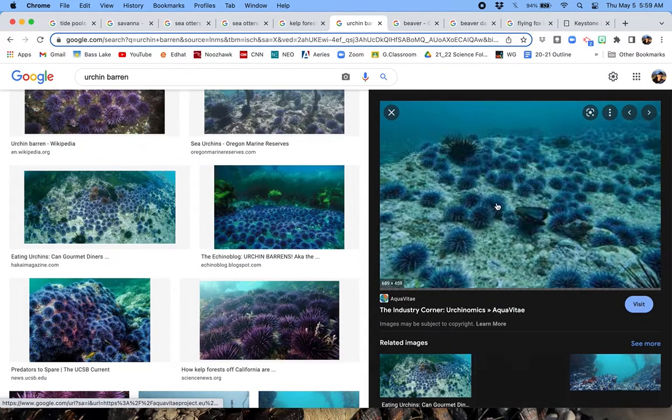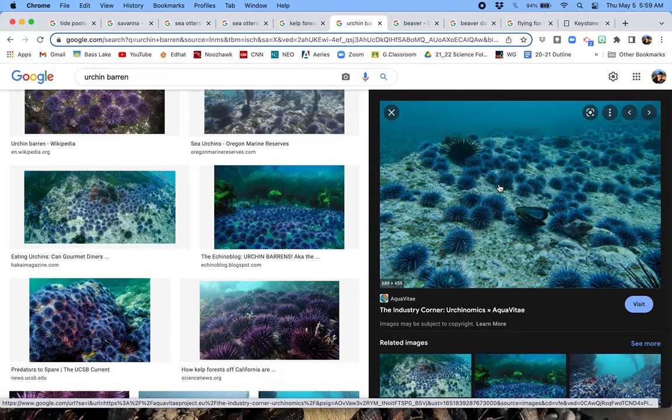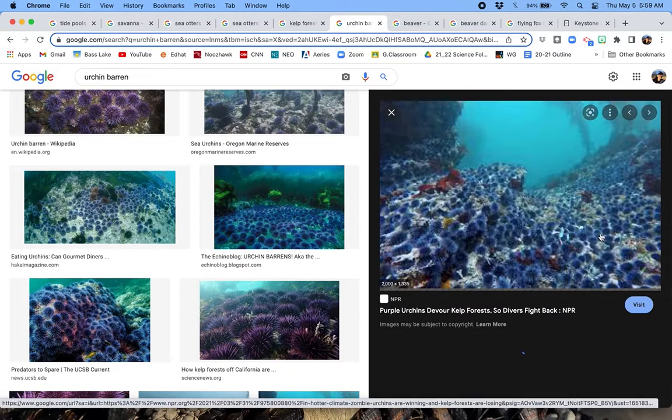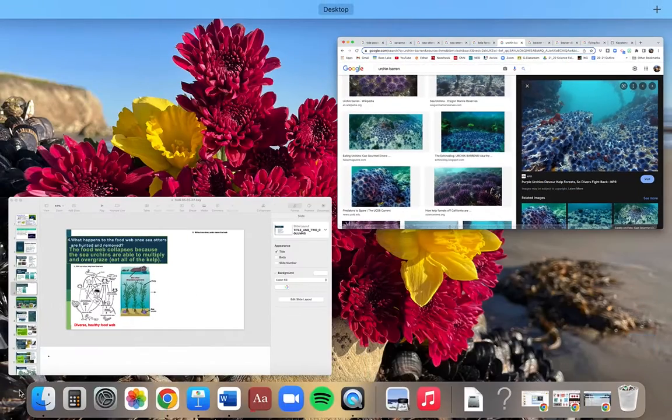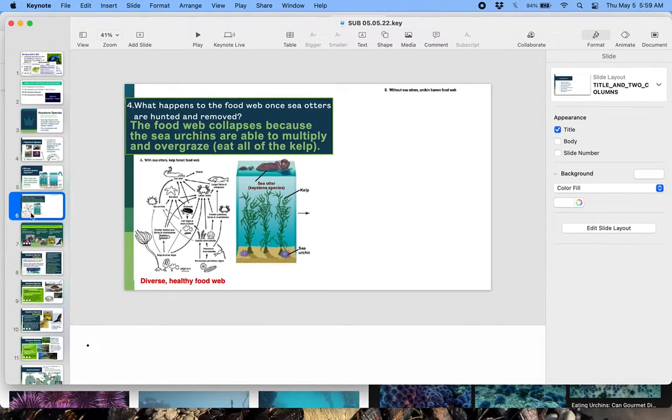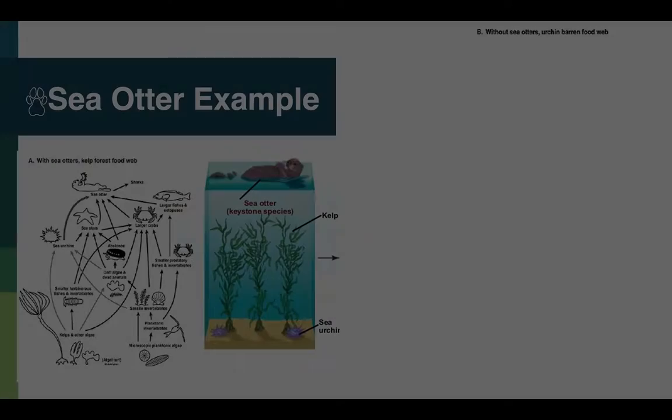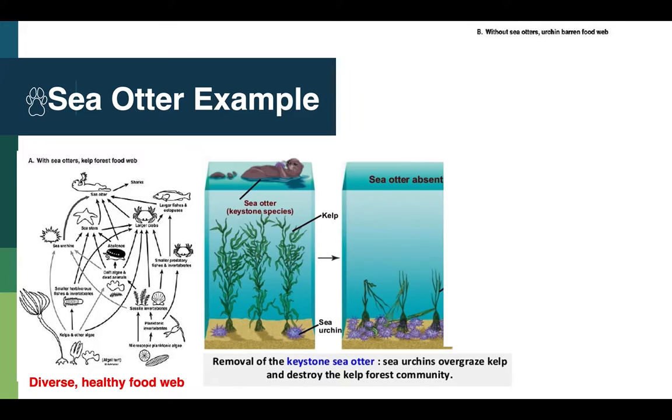It's when all of the urchins have taken over and made the water and land really barren, without any plants or algae or other animals. You can see it's lacking in diversity. It's only sea urchins. Okay, so for question number 4,